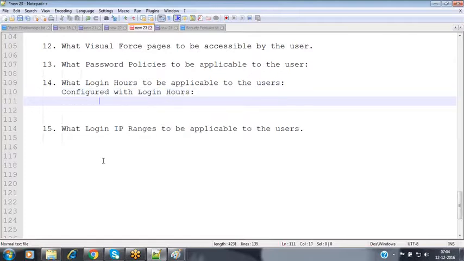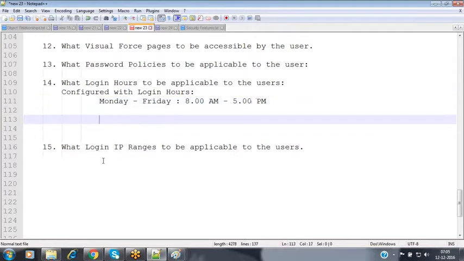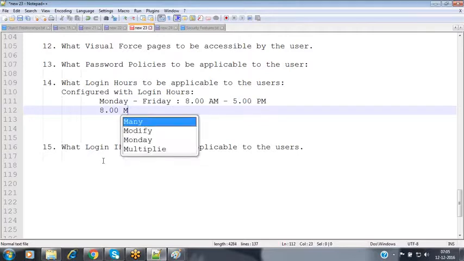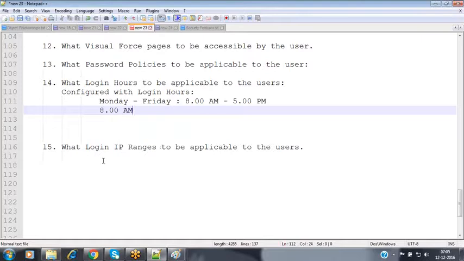The login hours are Monday to Friday, and the timings are morning 8 a.m. to evening 5 p.m. These are the timings in which you can access my application. Now, today morning at 8 o'clock, I have logged into my application, and I have performed all the operations.